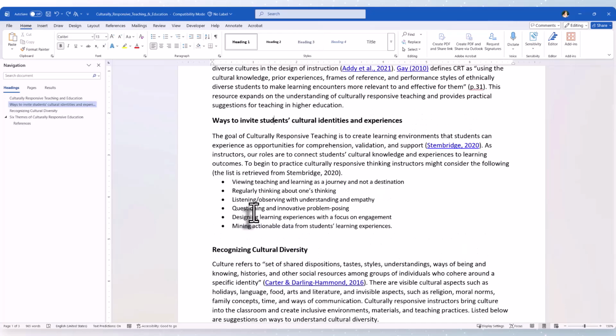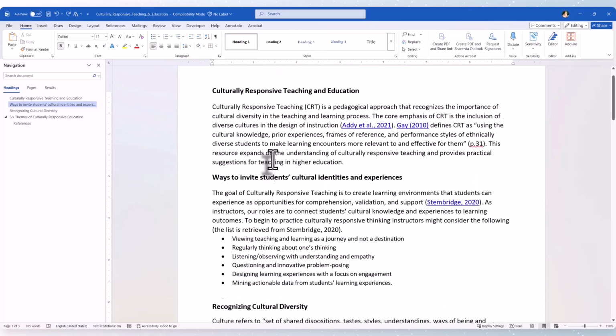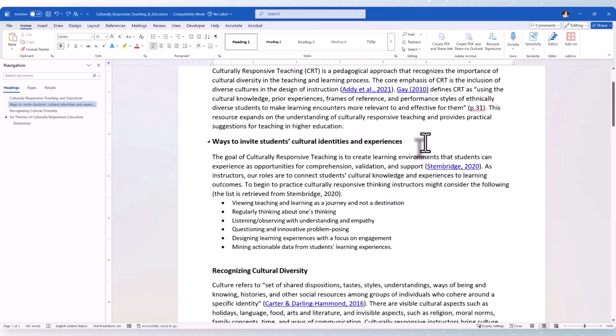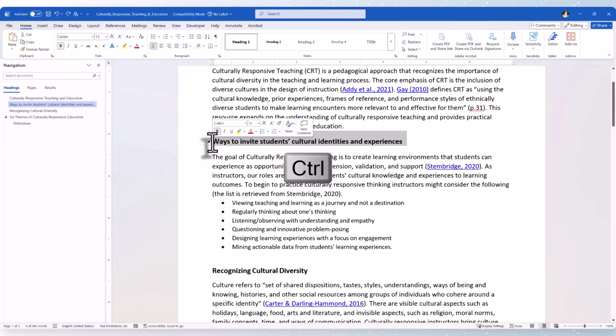The second heading tip is to change multiple headings at the same time. So in this document, you can see these 4 items are all header 1s, and I want the 3 following heading 1 to be heading 2s. So I'm going to highlight the first heading, hold down Control on my keyboard, highlight the second heading, while still